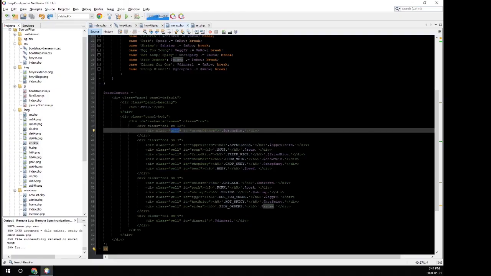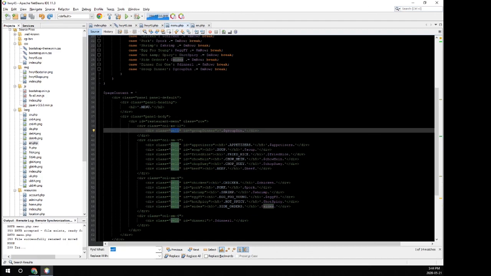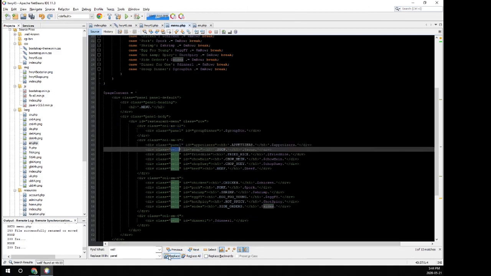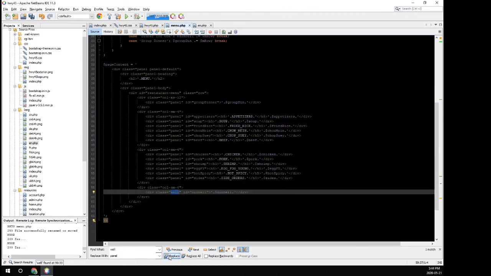A quick way to do that, Control H. If you have something highlighted, it automatically puts that in the first box, which is what we want. So well, and replace with panel. And if you just hit next, it'll highlight the first one, and then you can just replace down the line, and then save